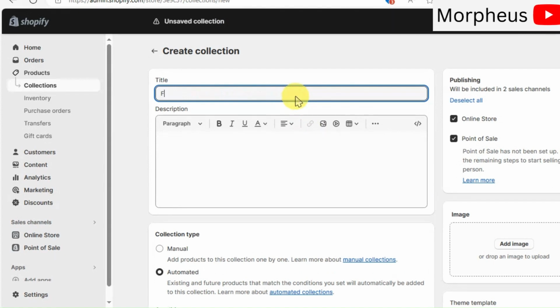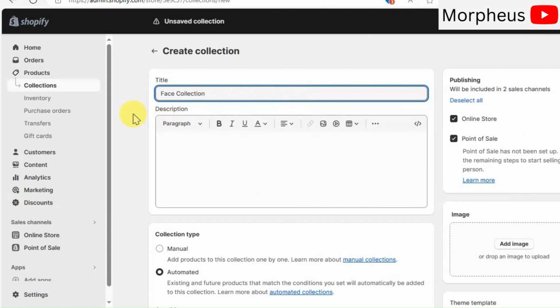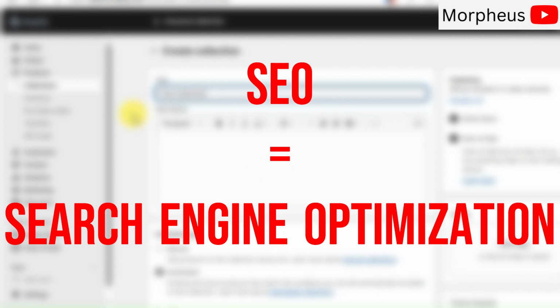Now, you have to choose an SEO-friendly title in order for your collection to appear and rank higher in the search results, or in the SERPs, as I like to call it, or as Google and Bing call it, or any other browser. And if you don't know what SEO is, SEO simply refers to search engine optimization.